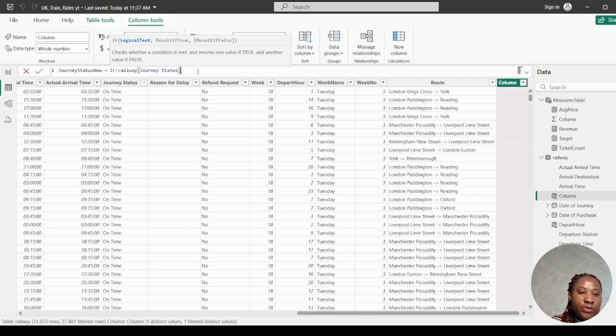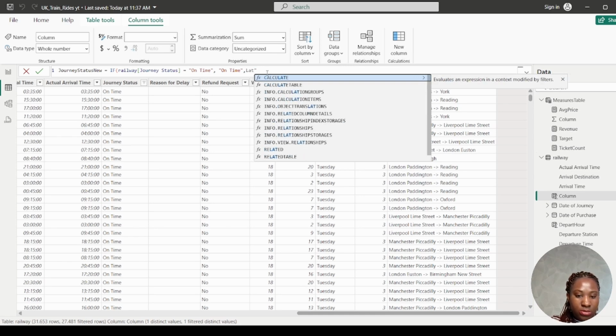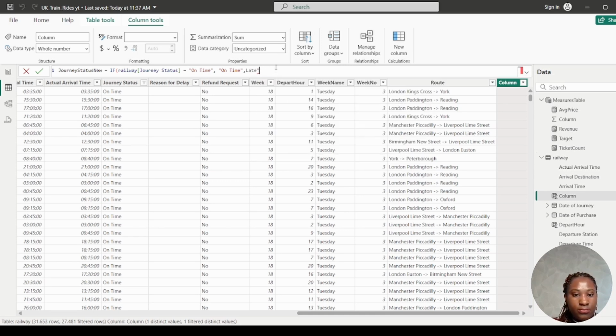If journey status equals to, this is on time, comma, then what we would say is it is still, you can just copy this, on time, else we would say not on time, or we just say late. Yep, we are missing one. Okay,